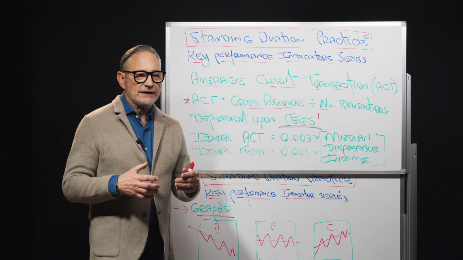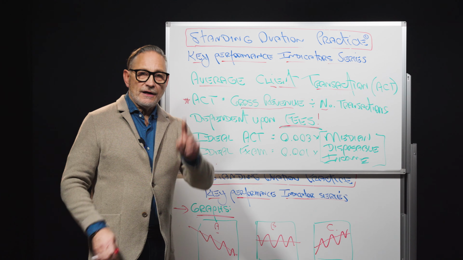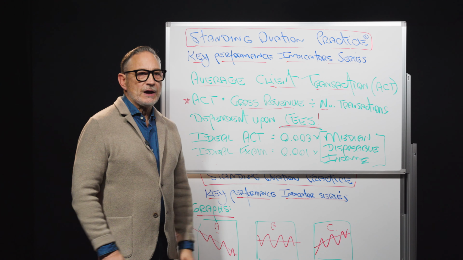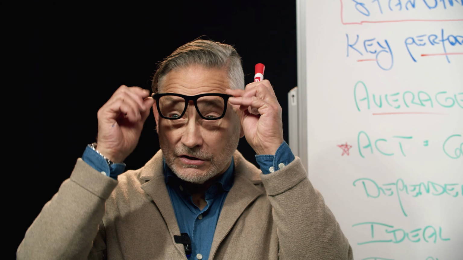A client comes in and buys something. They could buy a bag of dog food for $40. That's one transaction. They could pay $6,500 for an anterior cruciate ligament surgery, and that's also one transaction. This is why we group them all together, because there's variances in what people buy.